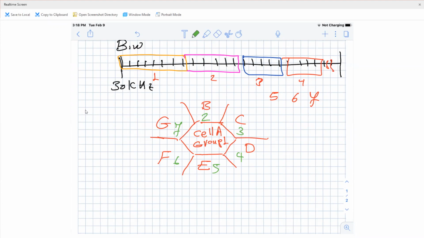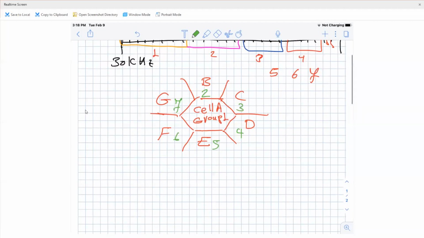Now, please again look at this important point. The whole bandwidth is divided among these 7 cells. So this configuration is called a cellular system